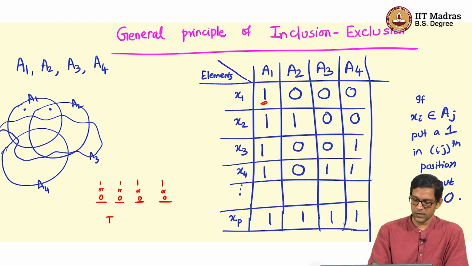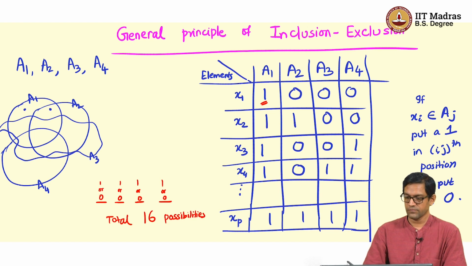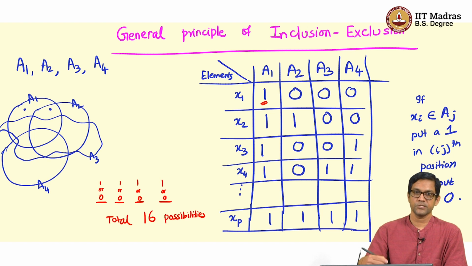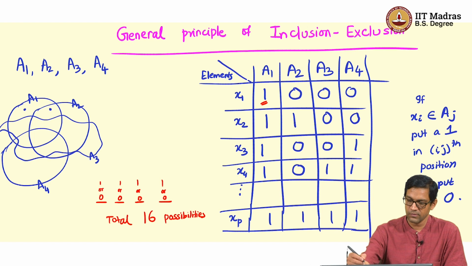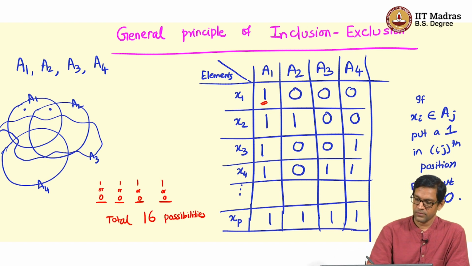So, I have a total of 16 possible sequences of zeros and ones of length 4, and those 16 in some sense correspond to the different possible x's, which can be in one of them, or these 2 of them but not in the others, and so on. But out of these 16 there is one possibility which is not allowed, which is that